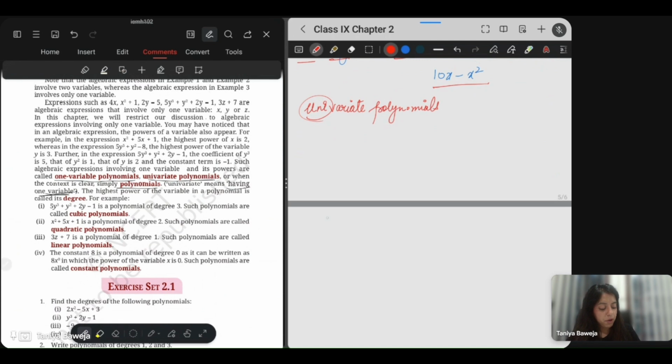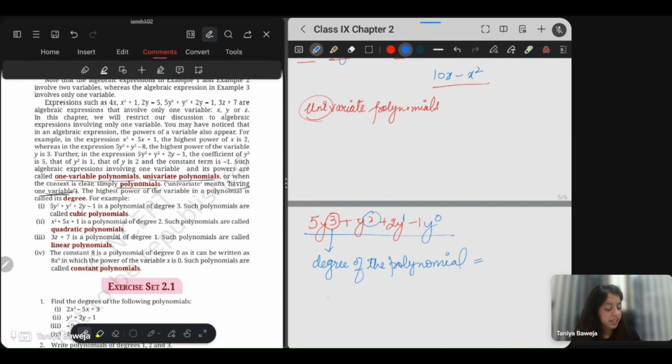If you have a polynomial 5y cube plus y square plus 2y minus 1, here the power of y is 3, then the powers are 2, 1, and the constant can be written as y raised to the power 0. Correct? So when we talk about such a polynomial, the highest power of the variable is called the degree of the polynomial. So degree of the polynomial is the highest power